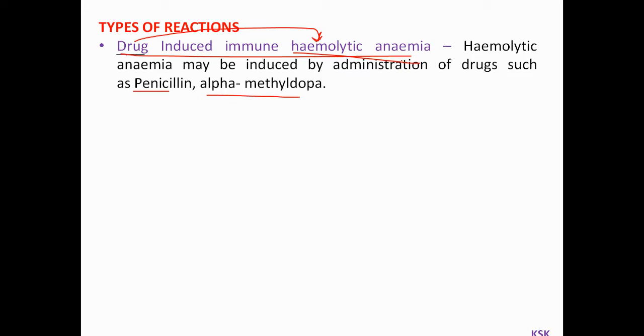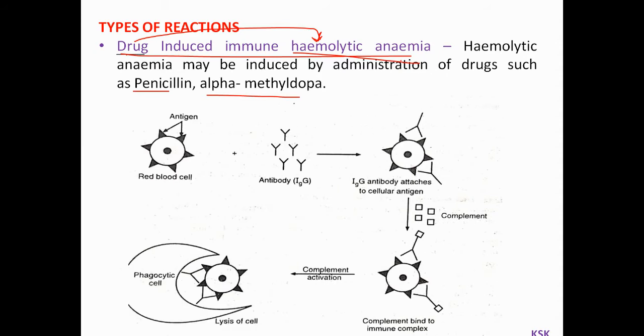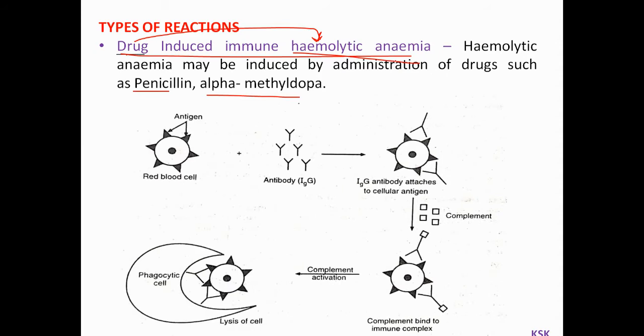The principle I explained regarding the type 2 hypersensitivity reaction can be clearly observed by looking at this diagram. You can see these are the red blood cells. On the red blood cells, you can see the antigens. That means now the cell is coated with the antigens. Now the antibodies, immunoglobulin G, or immunoglobulin M, G1 or G2, anything.